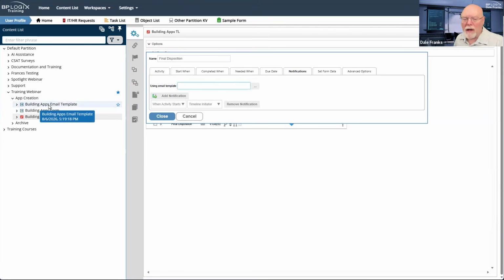Now, how we're going to construct this and what we're going to place into it depends on the notifications that we have in our process timeline. So right now we have 2 notifications at minimum. I would argue we have 3 notifications. We have 1 for task assignments. So our supervisor approval, and I'll make that more, not even task assignments, approval task assignments. We have a manager approver and a supervisor approver that are going to be assigned approval tasks.